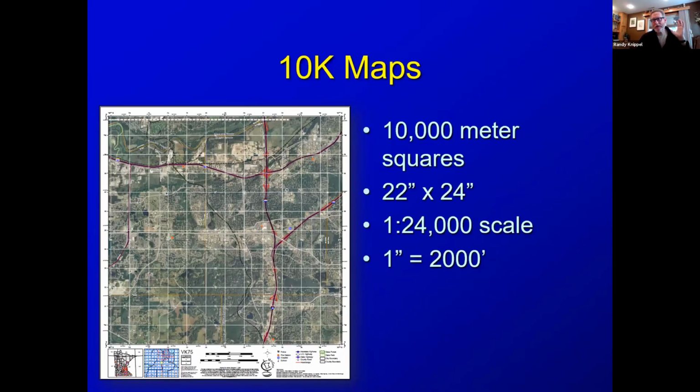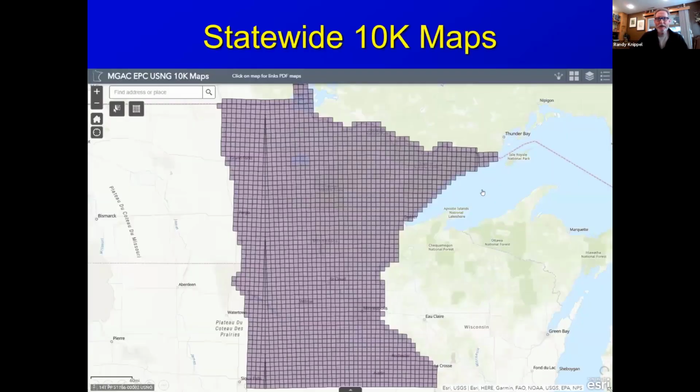Why do we need both? The US topos work well when you're starting from a national level and working your way down using degrees of latitude and longitude, whereas these maps work well when you're coming up from a local level. We're working at a very small area in a very detailed level, and we want to go up and see an overview, and these maps work very well for that. So these are really the two main map series that we've been creating. We created the 10K maps for the entire state of Minnesota, and as I mentioned, that's now led to